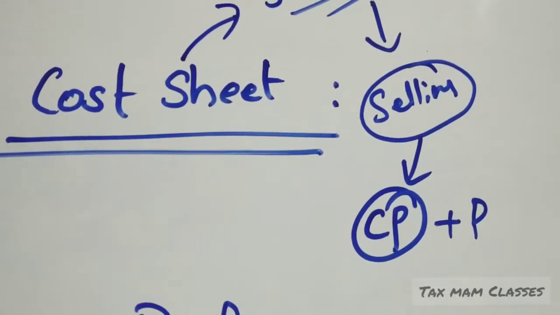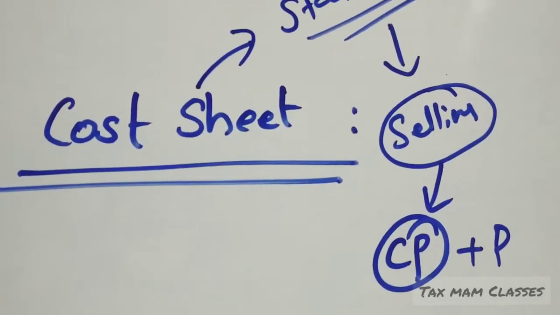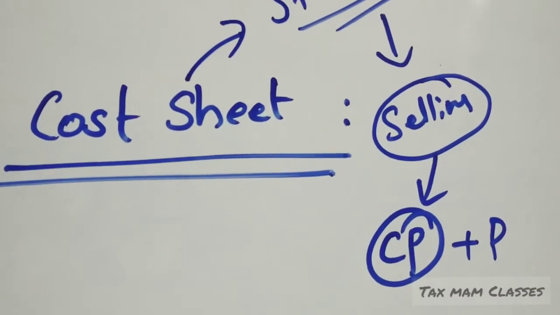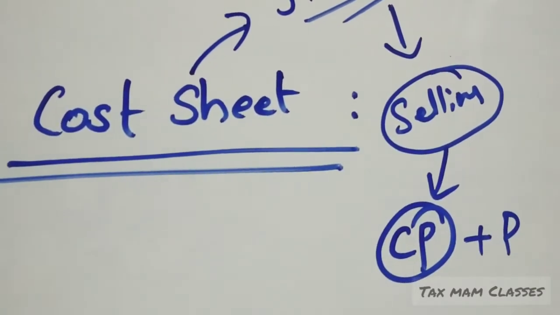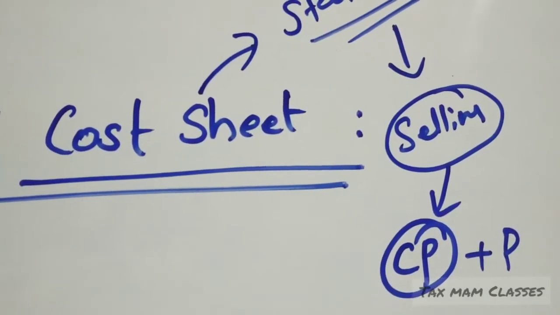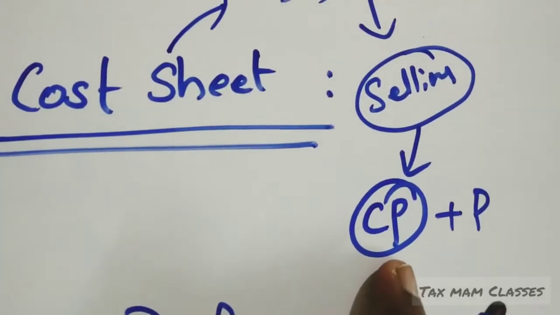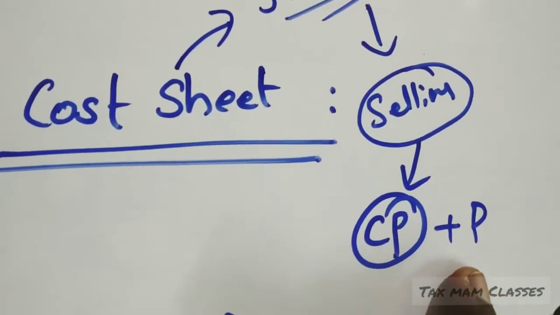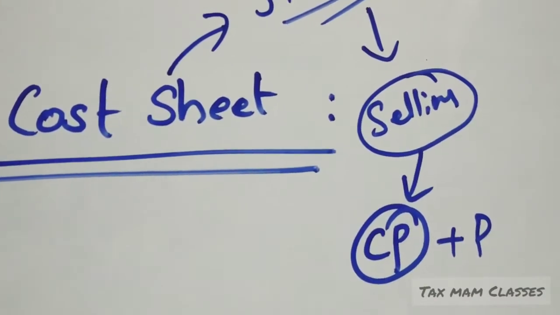So remember one thing, we are not solving any mathematical problem. As a company, as a producer, we are fixing the selling prices. So you have to think from the point of view of a producer or a manufacturer. If you are producing one product, at what price do you have to sell it? What is the total cost you are incurring, how much profit you have to add, and at what amount you have to sell it in the market. So you have to determine the selling price.